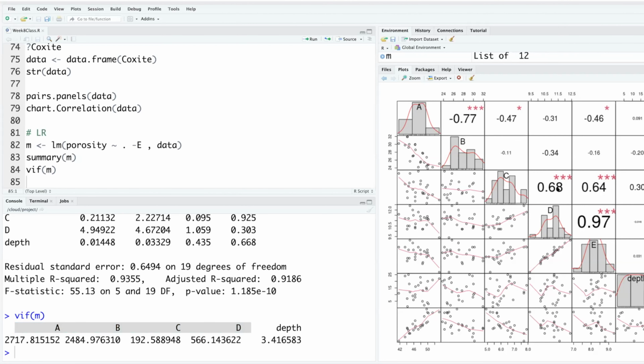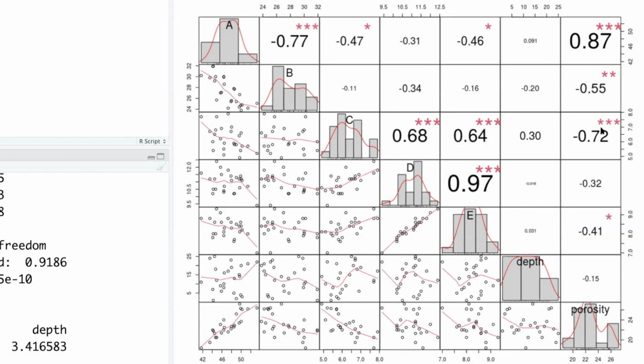Now C has all kinds of problems, although it is correlated with porosity, but it also has 3 star correlations with independent variables. So obviously this can be ignored, but this cannot be. We have to now choose between C and D. So which one should we exclude? That's one choice we need to make between C and D. One way to look at it is the correlation between D and response is smaller for D, negative 0.32, and it is higher for C.